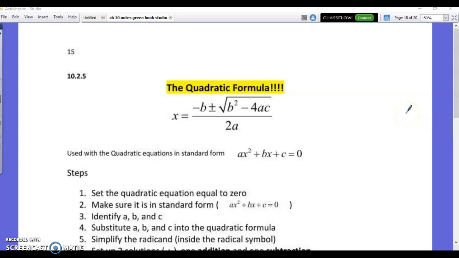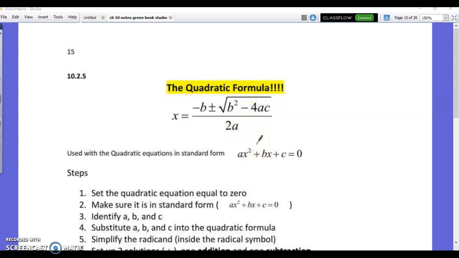All right, so for this section, we're going to talk about the quadratic formula. This is a way for us to solve a quadratic equation for our values of x, where the graph crosses the x-axis. Sometimes there's one, sometimes there's two answers, most of the time there's going to be two, sometimes there's no solution. But this is the formula that we're going to be using to do all of these problems. So x equals negative b plus or minus the square root of b squared minus 4ac divided